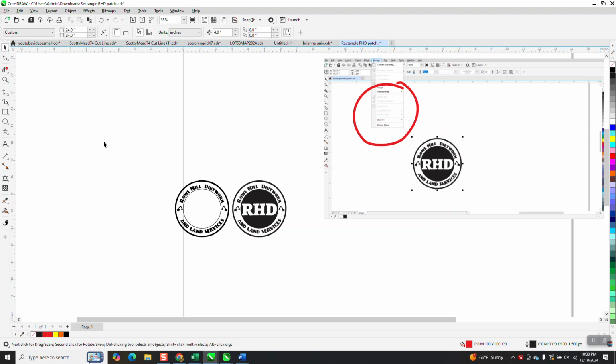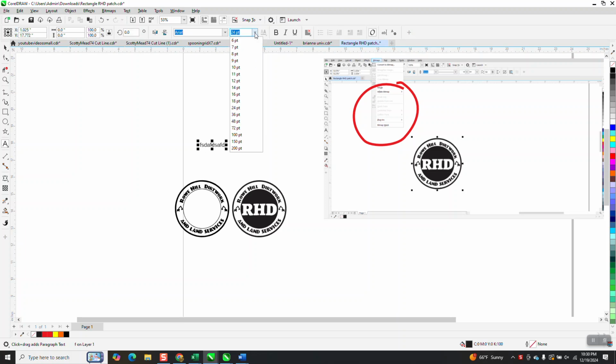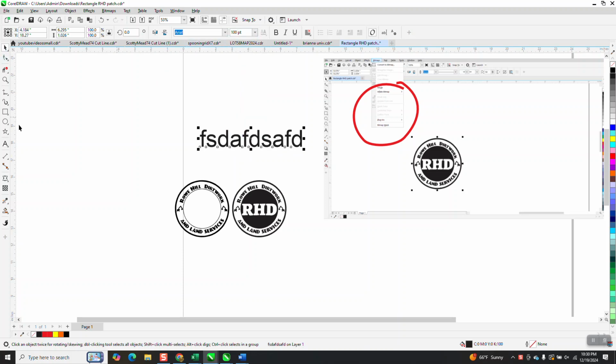First one, they want to, if they type a text and it is 24 points and they go make it 150 or 100, and then they go type again and it's back to 24 points. All right, to change that,